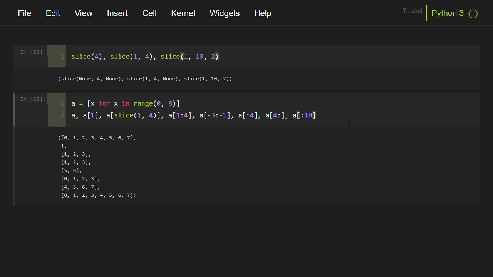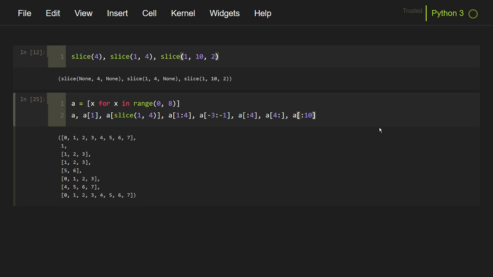Even though we are passing an invalid index, it will take the minimum of this number and the entire length of the list and then proceed with this logic. So even though we have passed 10, it will reduce this 10 to 8, which is the length of this list,